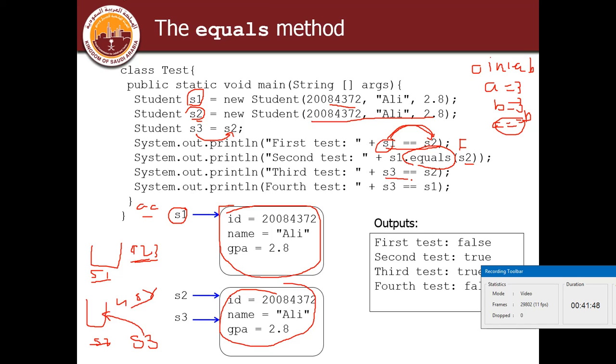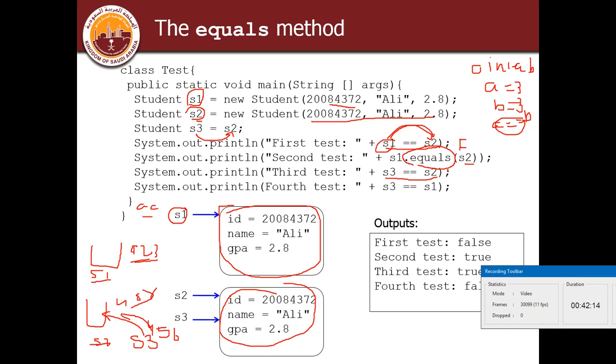Now in the third line, S3 equals to S2. S2 is an object, S3 is an object. Now S3 is pointing to the same memory location because S3 is equals to S2. For example, if S2 is located in memory location 456, S3 is also pointing to the same memory location 456.